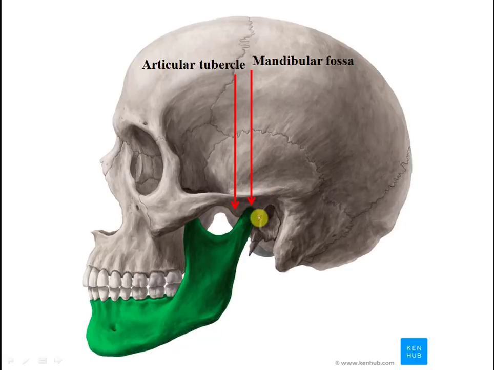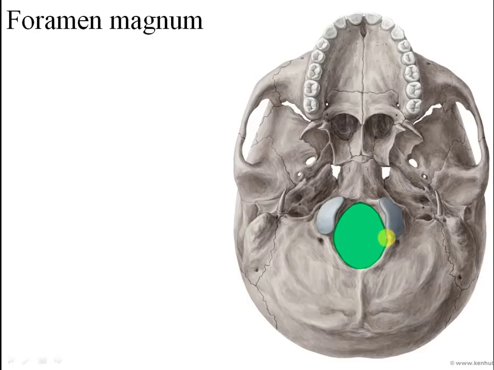This is again side view, mandibular fossa articulating with the head of the mandible, foramen magnum, and here the occipital bone is divided into four parts related to the foramen magnum. This part of the occipital bone is anterior to foramen magnum. These parts of occipital bone are lateral to foramen magnum, and this part of the occipital bone is posterior to foramen magnum. They call this part the basilar part of occipital bone, anterior to foramen magnum, and this part, the flat part